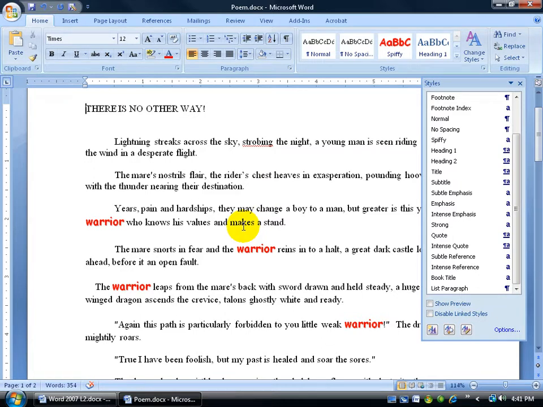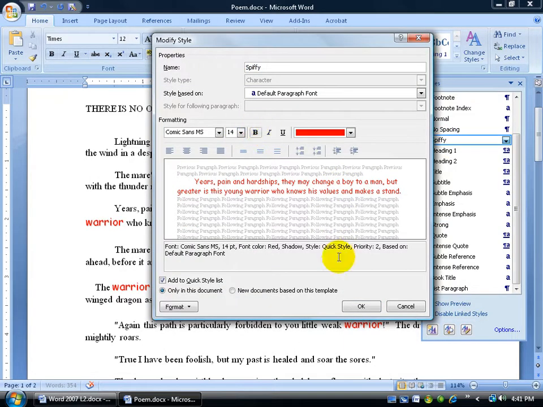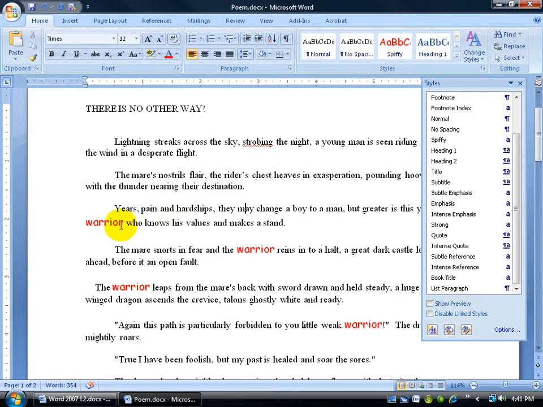Now if I want to modify this, I don't have to select every single one in here. What a waste of time that would be. If I want to modify my style, all I have to do is come over here and right click on Spiffy and modify it and say instead of bold, well, we'll get rid of it, click OK, automatically updates it, and now everything that has that style applied to it, in this case all the Warriors,